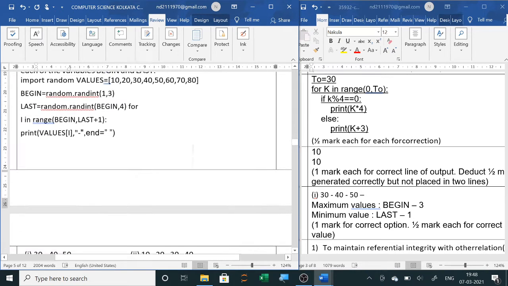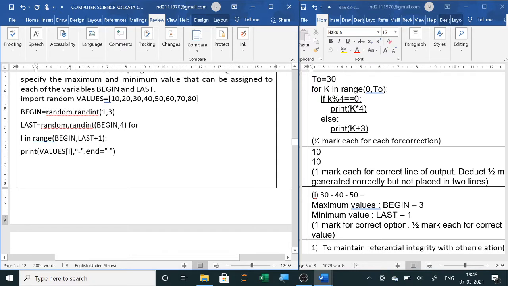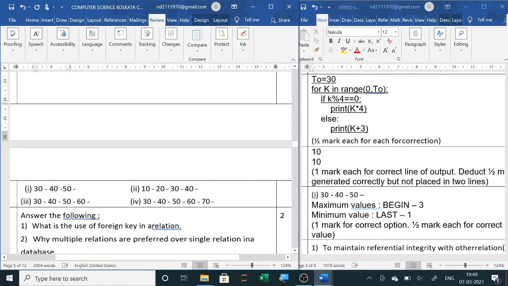So let us see the options here. First one is the correct answer, 30, 40, 50, because begin can start with 1, 2 or 3. So 0, 1 will be 20, 2 will be 30, 3 will be 40. So any value it can start with 20, 30 or 40. You can check here 20, 30 and 40.